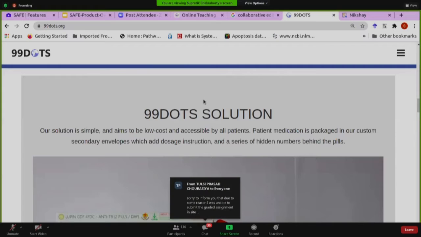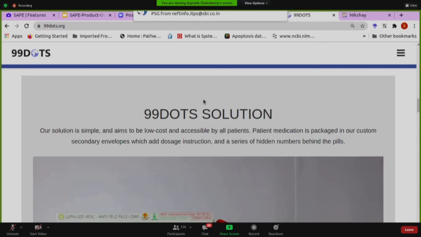They would do this for a few weeks and then they would just drop out. They would not take the medicines as scheduled. As a result, they would not get cured of tuberculosis. So the parallel that I want to draw for the online education setting is that we as instructors, we are